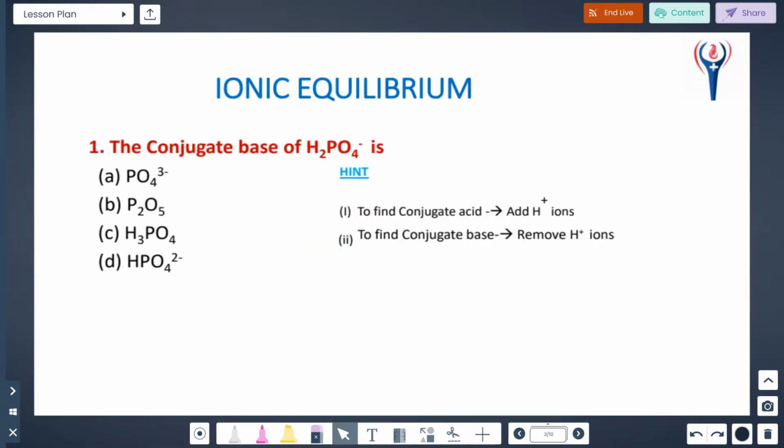So this is a very important lesson, ionic equilibrium. We have equilibrium as one lesson, but I split it into ionic equilibrium as well as chemical equilibrium. For ionic equilibrium I am going to give 7 sums, and for chemical equilibrium I am going to give 7 sums. Understood? Now see the first sum in ionic equilibrium: the conjugate base of H2PO4 minus is,